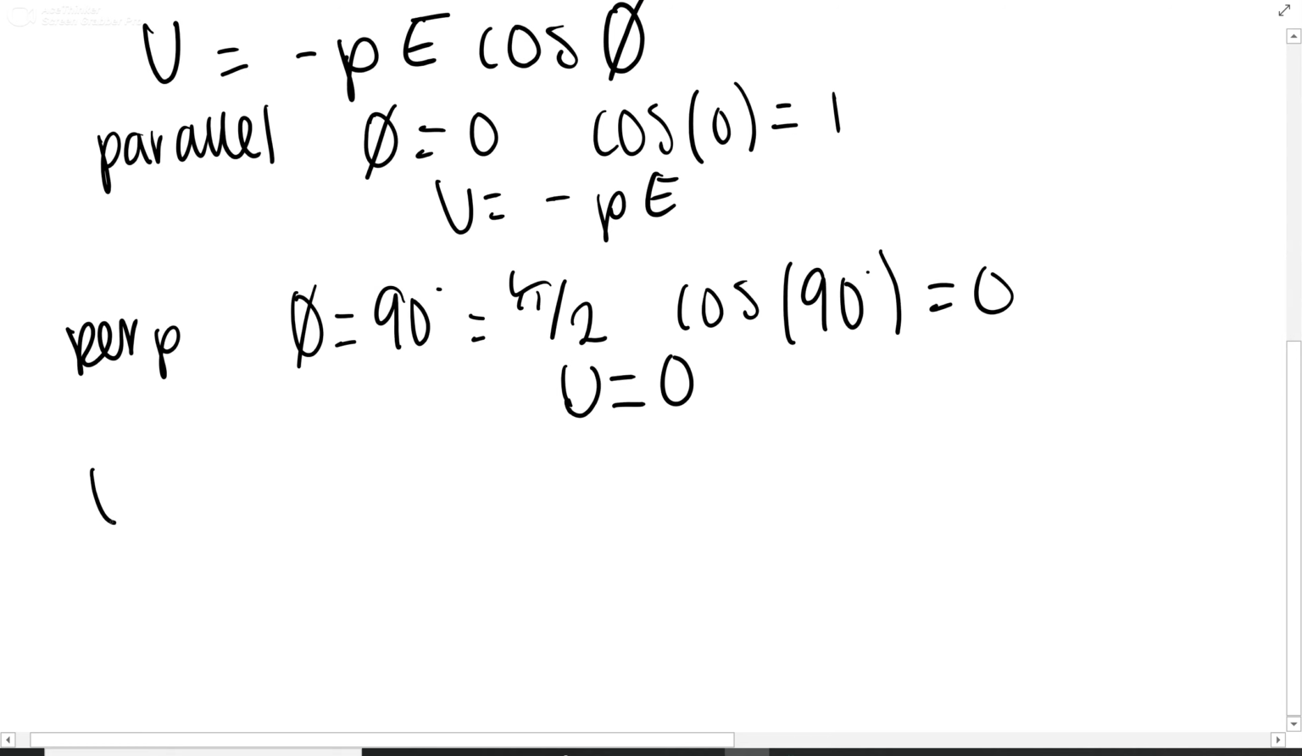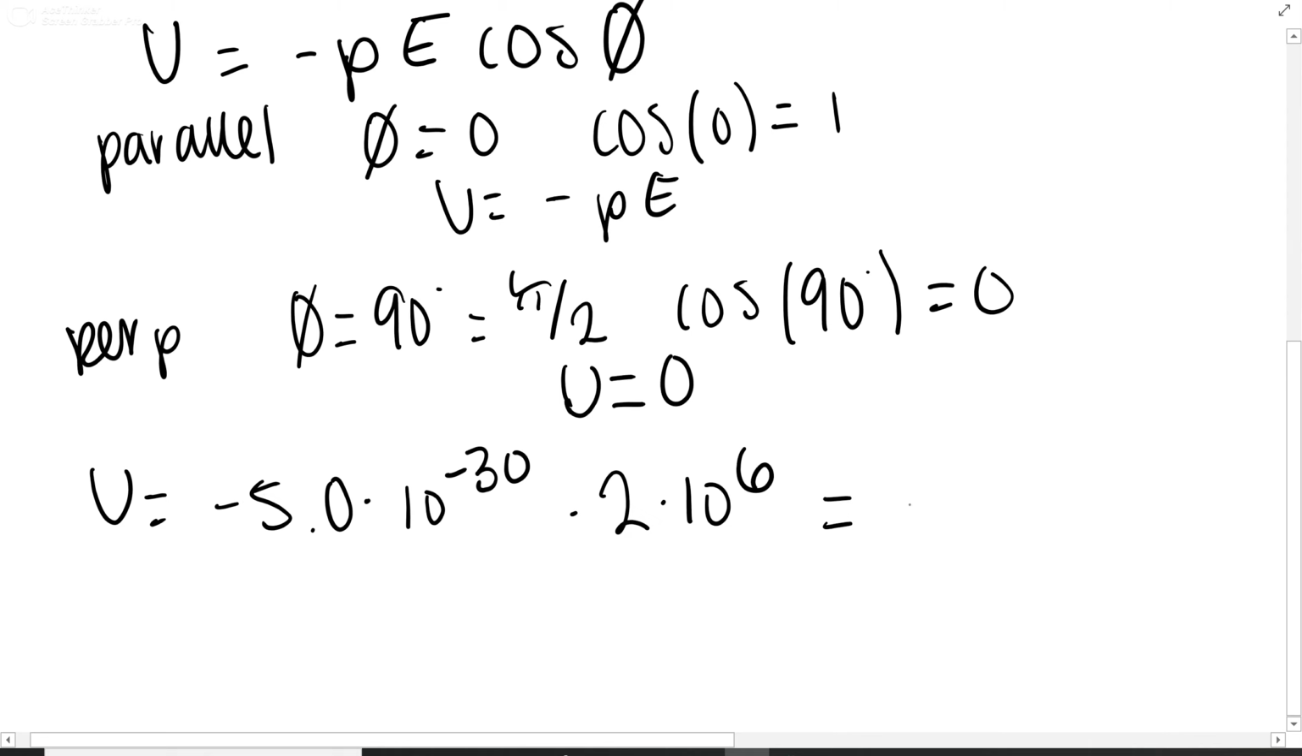So let's find this U for negative PE, which they give us P and E. So it's negative 5.0 times 10 to the negative 30th times 2 times 10 to the 6th, and that will give us negative 1.0 times 10 to the negative 23rd,